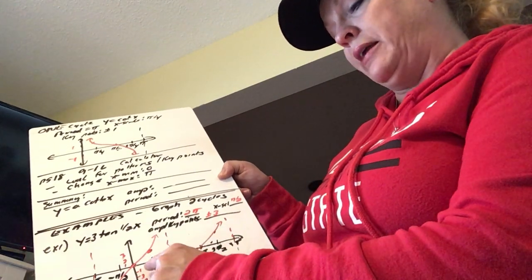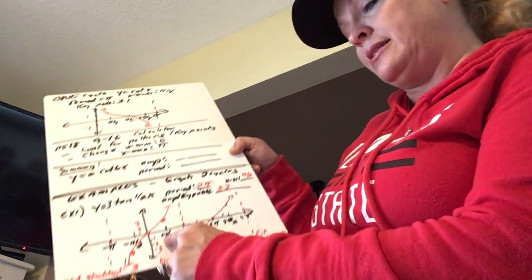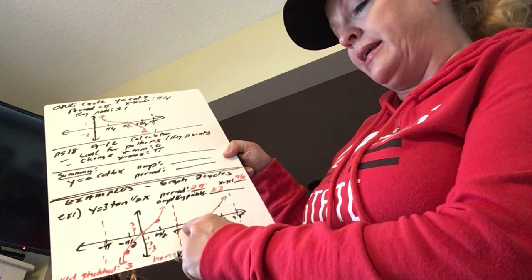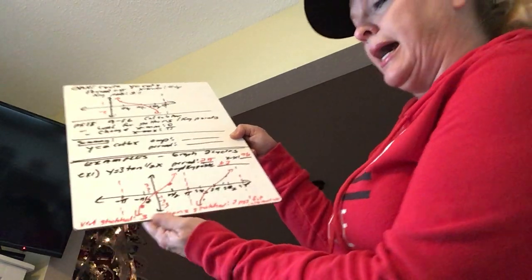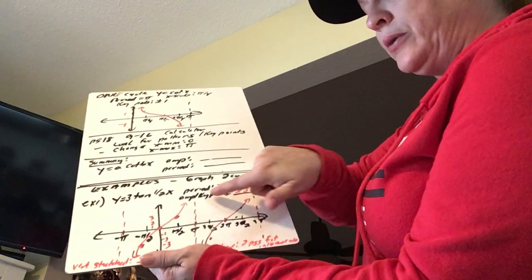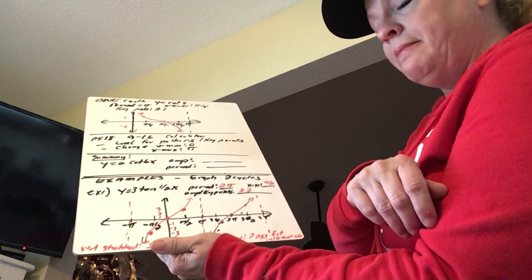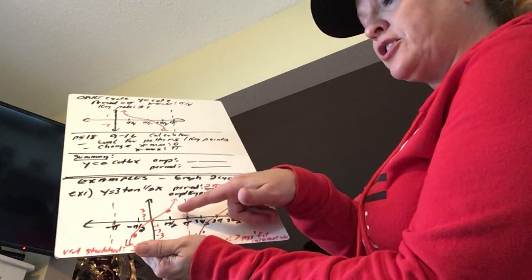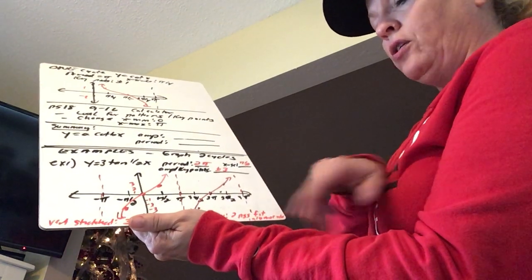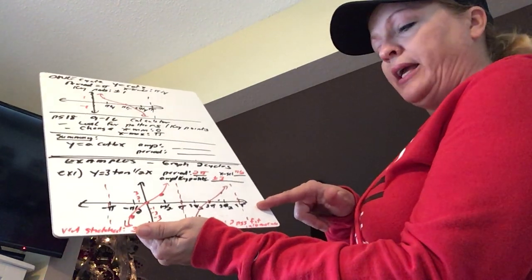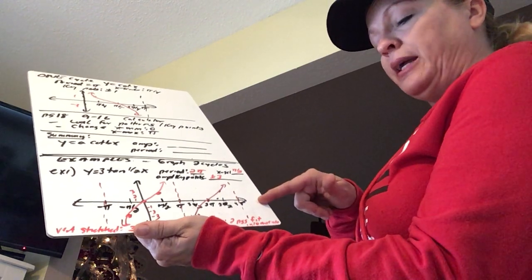So I'm still going to be counting by pi over 2s or 90s. So I'm going to do pi over 2 and then count by pi. And then I'm going to go to negative pi over 2 and then to negative pi. I know I will have asymptotes at pi and negative pi. And this will be vertically stretched at 3 and negative 3. Now, that's one cycle. So now all I have to continue to do is graph another cycle, which means if